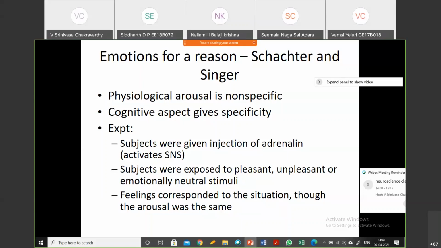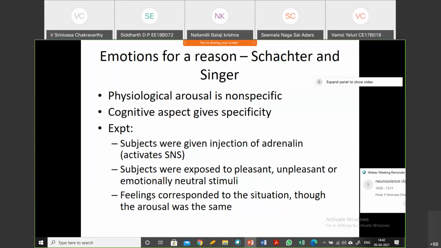So people are given an injection of adrenaline, and they are divided into three groups. In the first group, they were exposed to some pleasant stimuli. Actually, they hired some actors, and in the first room, the actors did something funny and interesting and nice. In the second room, the actors did something nasty or scary. In the third room, they did something neutral. So the feelings that the subjects reported in the three rooms